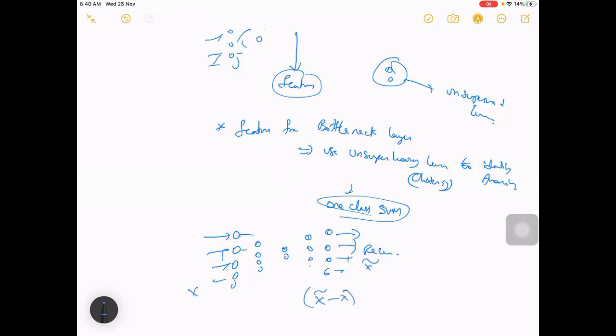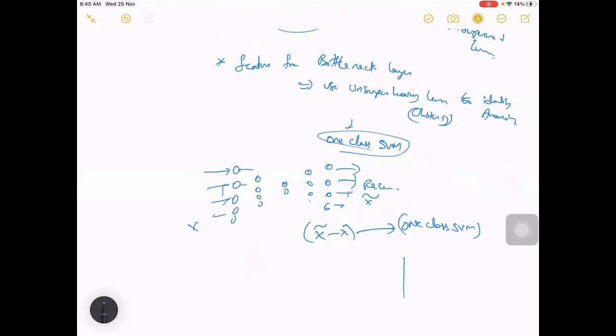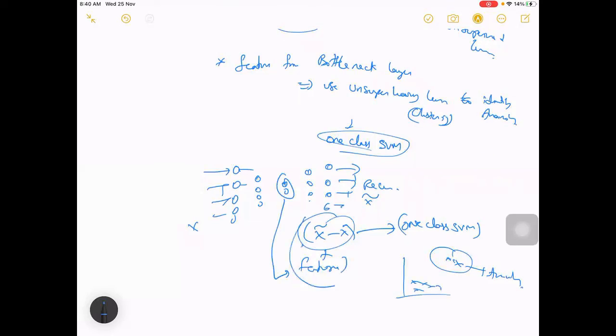They calculated this and passed it to one class SVM, which will actually do this segregation. One class SVM is something like this, and it will identify these as anomaly. Or instead of this, or along with this, you can also give the features which were here. These two combined, you can pass to one class SVM.